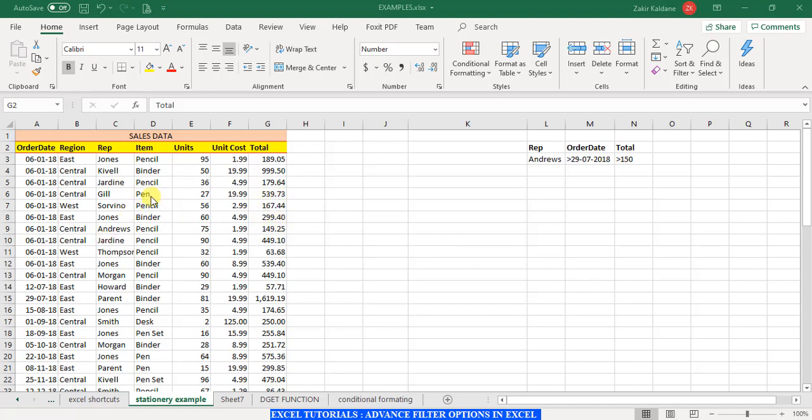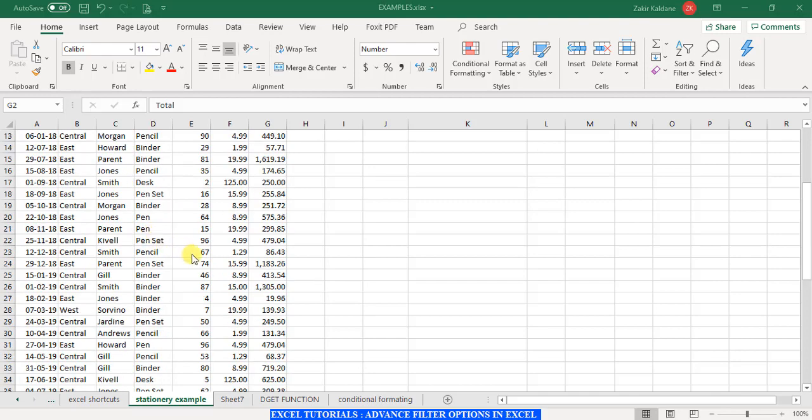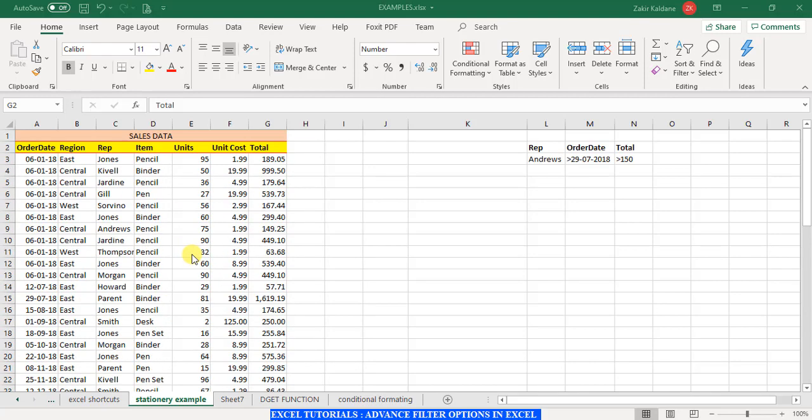In front of you on the screen, I have the sales data for a stationery store, and I want to filter it according to some criteria.